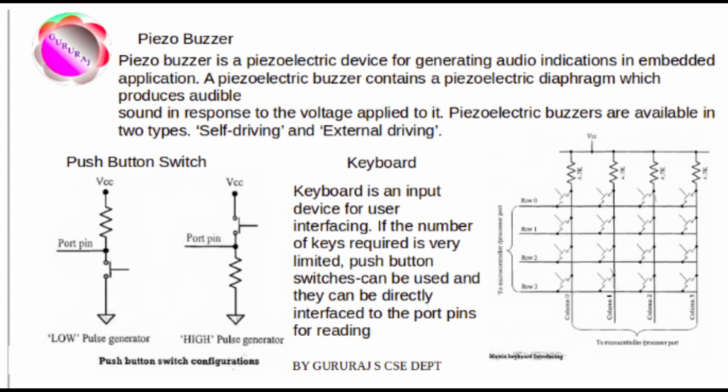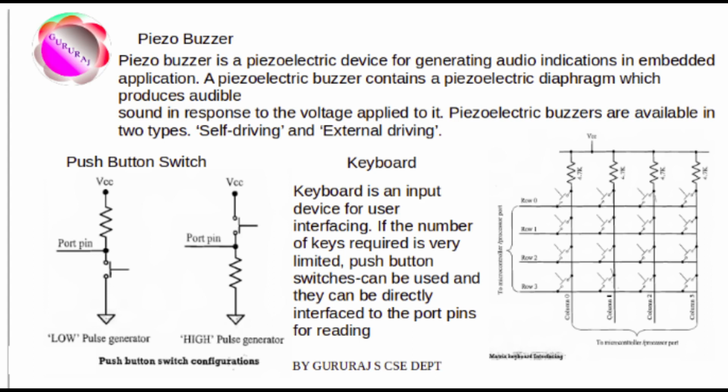Next I/O subsystem is push button switch. It is an input device. Push button switch comes in two different configurations: push to make, push to break. In the push to make configuration, the switch is in the normally open state and it makes a circuit contact when it is pushed or pressed. In push to break configuration, the switch is normally in the closed state and breaks the circuit contact when it is pushed or pressed. The push button stays in the closed or open state as long as it is kept in the pushed state, and it breaks the circuit connection when it is released.